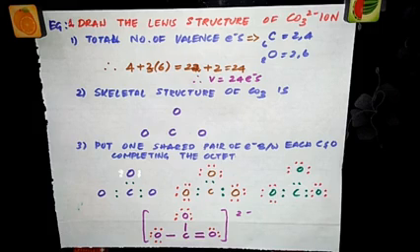So there should be how many octet electrons for all the 4 atoms? 32 should be there. So then what will be the number of shared electrons? 32 minus 24. So the number of shared electrons should be 8 electrons. So keep this in mind. You need not use that number while drawing this structure. You can directly draw the skeletal structure and come up with the Lewis structure and finally cross check with these numbers.